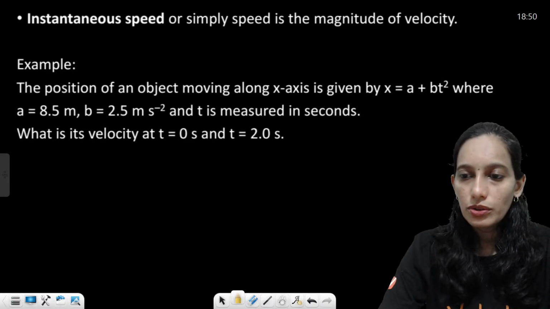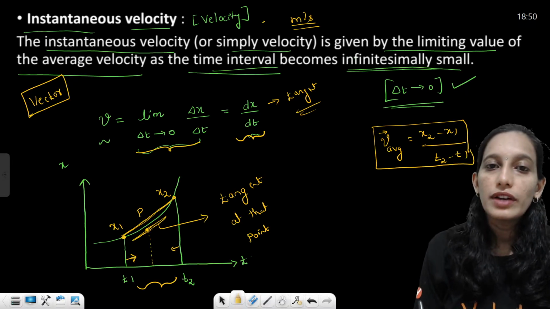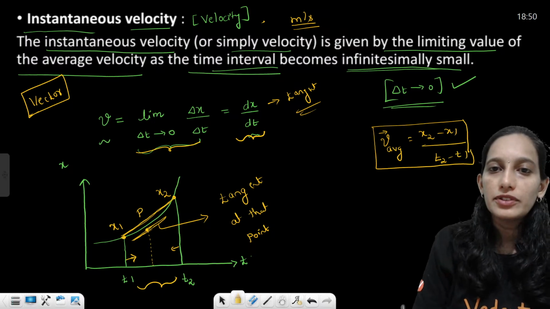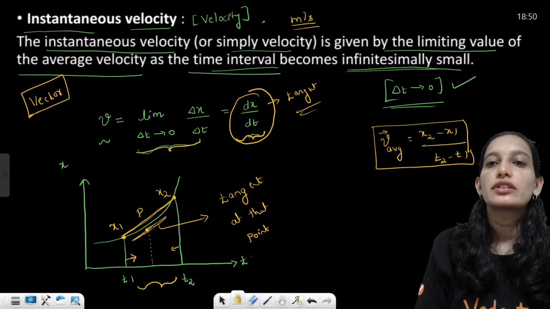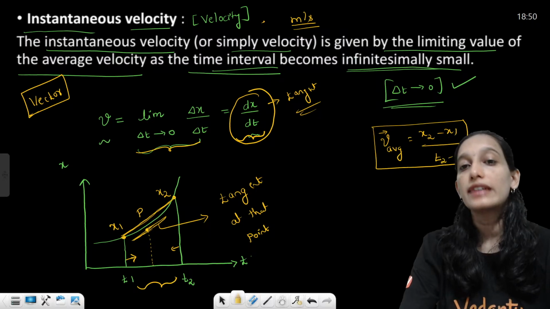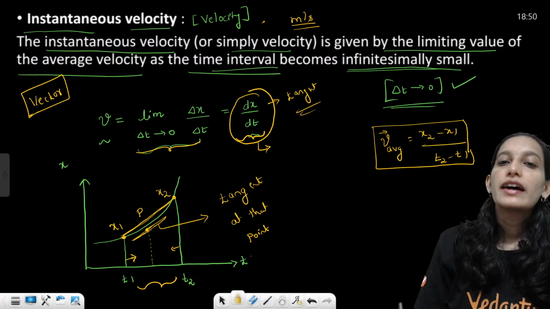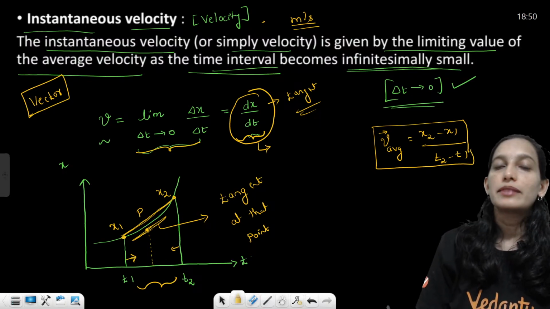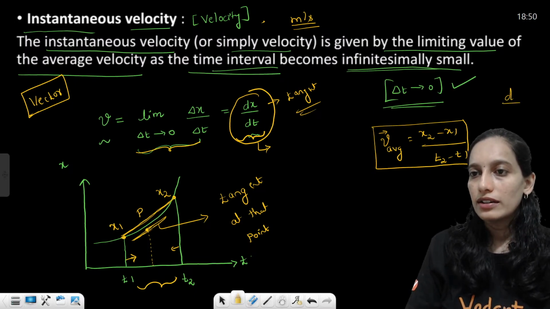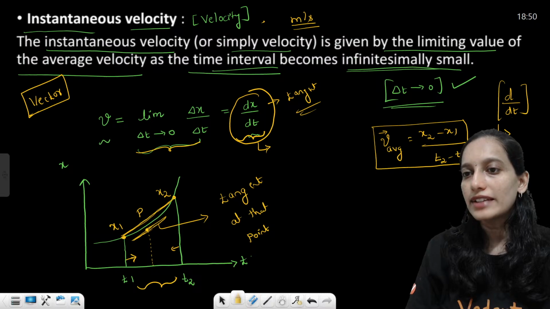Okay. So now, as I just said, when we make the time interval as small as possible, we end up with a notation of dx by dt, which geometrically is nothing but the slope of the tangent at that point. And also we can say it is the rate of change of position at that time. Any notation like d by dt means the rate of change of, here the time rate of change of.